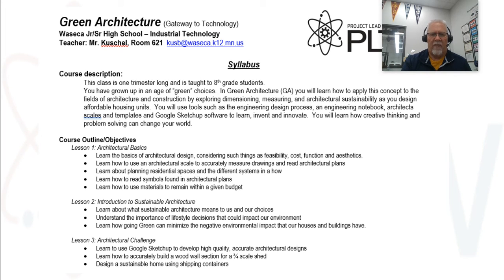All right, so about 3 units, 3 lessons basically. The first one we're going to spend some time on is the architectural basics. We'll learn the basics of architectural design, considering things such as feasibility, cost, function, and aesthetics, which basically means beauty. You'll learn how to use an architectural scale to accurately measure drawings and read